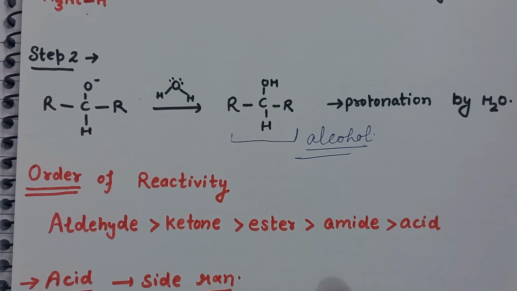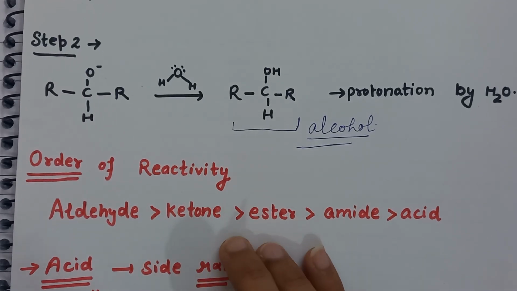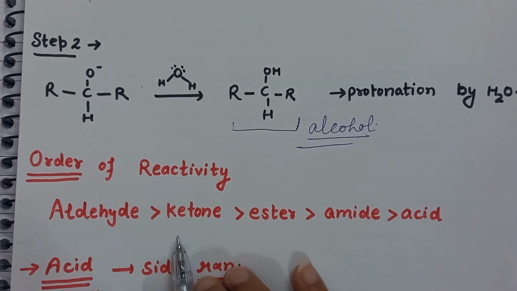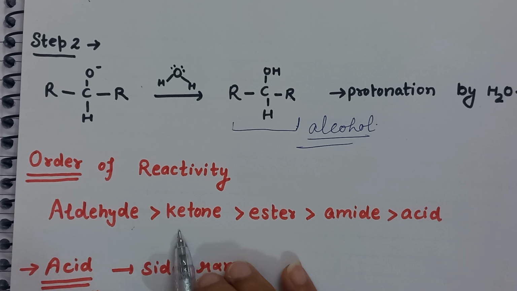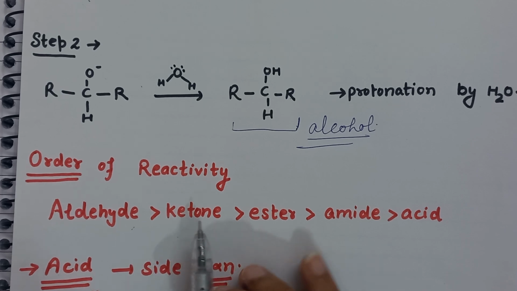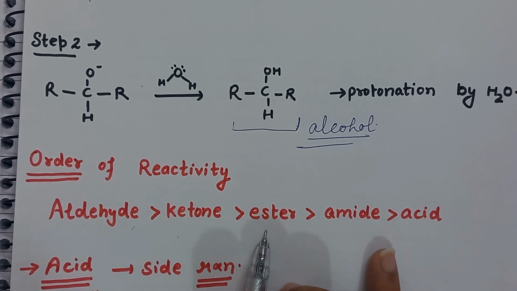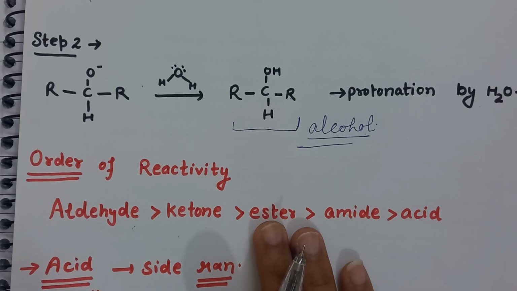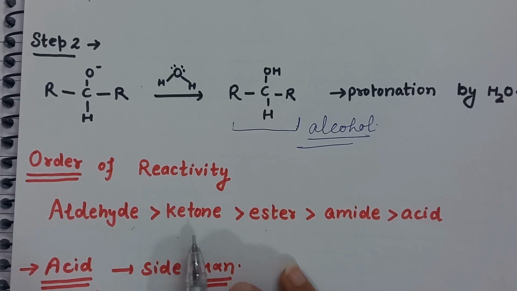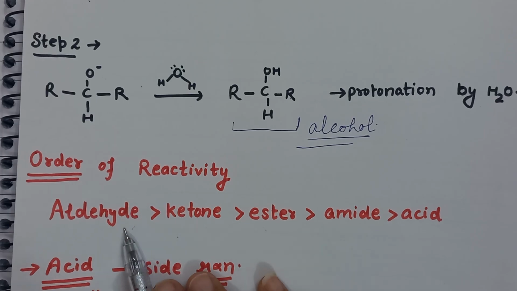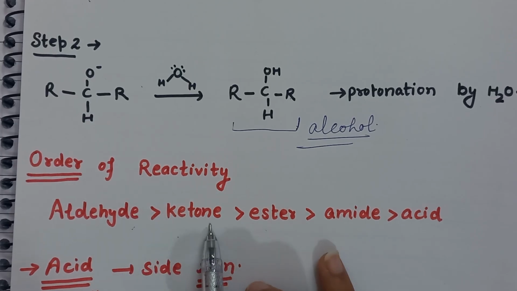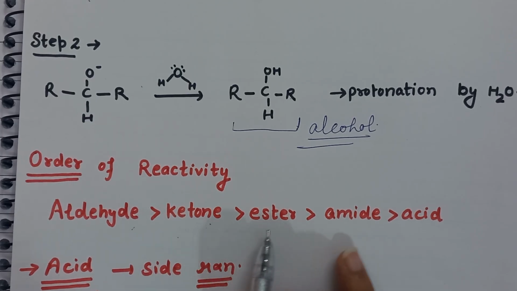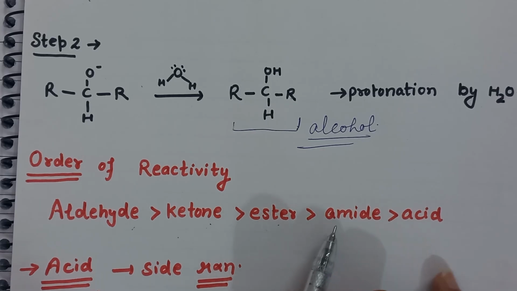If we have a molecule in which both the aldehyde and ketone groups are present and we have given only one equivalent of lithium aluminum hydride, which group will reduce first? So this is the order. First of all the aldehyde gets reduced, then we have ketone, after that ester, then amide